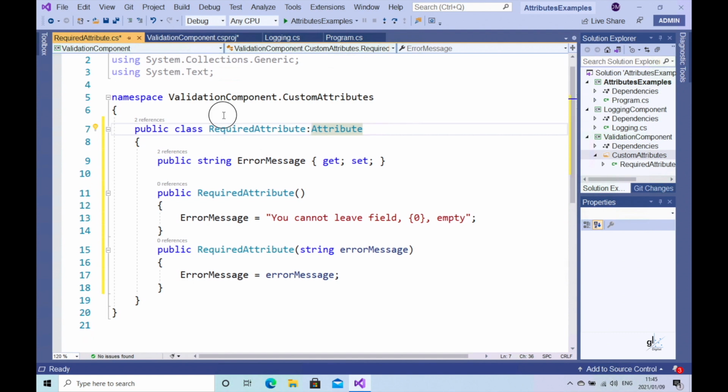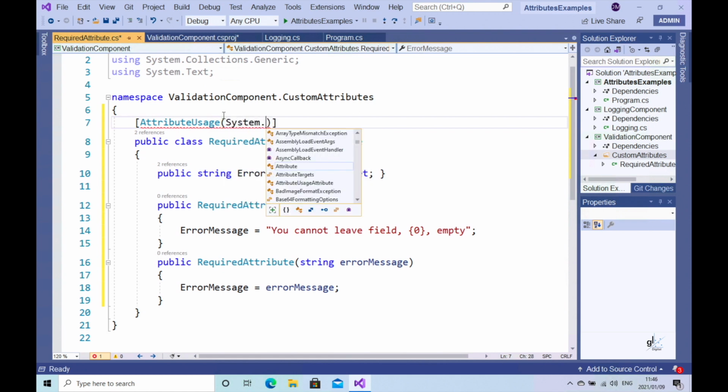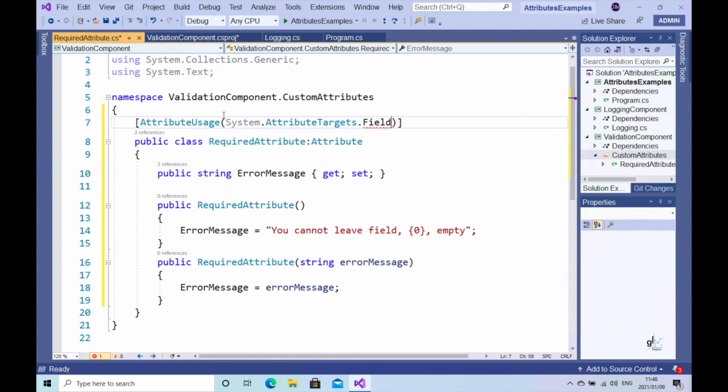So now all that is left to do is apply the predefined attribute usage attribute against our required attribute class. Like with the obsolete predefined attribute, the attribute usage predefined attribute is a member of the system namespace. Basically, the attribute usage predefined attribute allows us to provide metadata to the compiler that will tell the compiler which elements are allowed to have our predefined attribute declared against them. So we can apply rules or constraints through the use of the attribute usage predefined attribute against our custom attribute